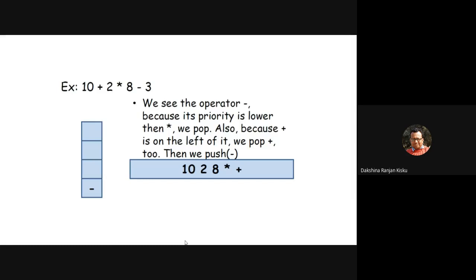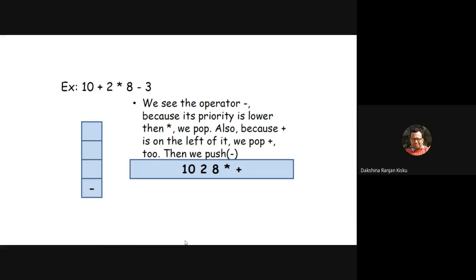Before we push the subtraction operator, we had the multiplication and addition operators in the stack, with multiplication on top. So we write the multiplication operator after the operand 8, then the addition operator after it, and finally we push the subtraction operator into the stack.